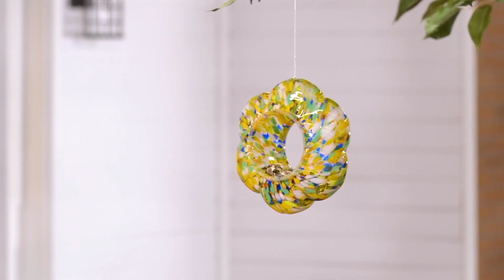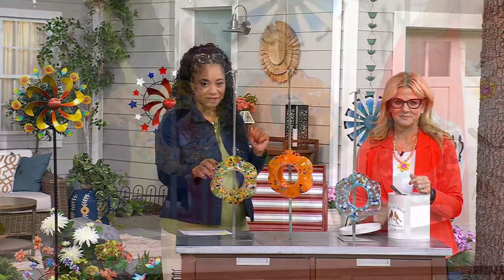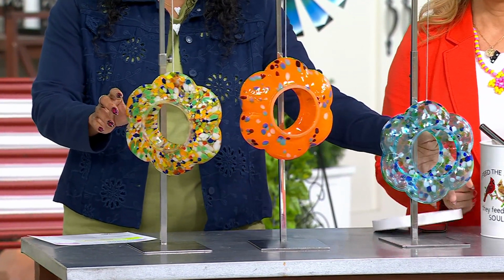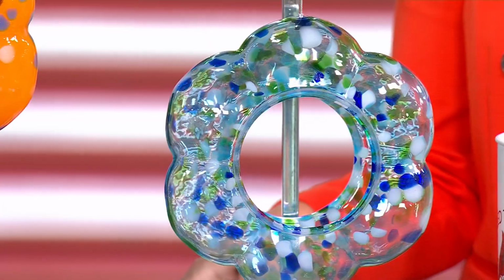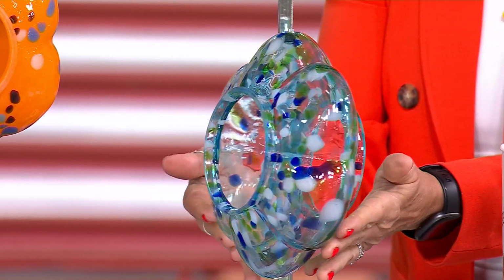M99883, that's the item number. And there are 3 options. This is your yellow multi. Here it is in the orange multi. And then that teal multi. All 3 colors have been really popular, but when I tell you there's nothing like getting home a bird feeder,